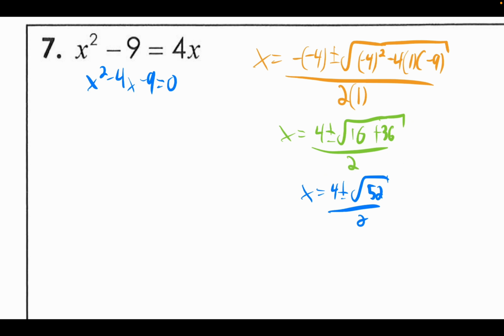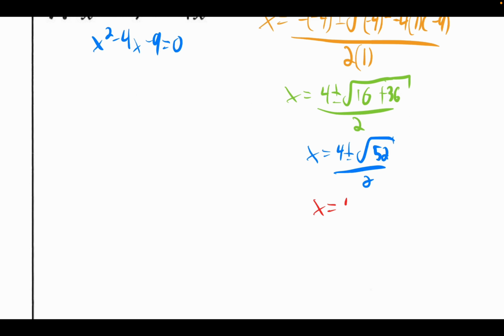The square root of 52 simplifies into plus or minus the square root of 4 times the square root of 13, or just plus or minus 2 times the square root of 13, because the square root of 4 is 2. You can make that two separate steps from the blue to the red, where you add in the middle step where, instead of square root of 52, you call it square root of 4 and square root of 13, multiplying. Next,